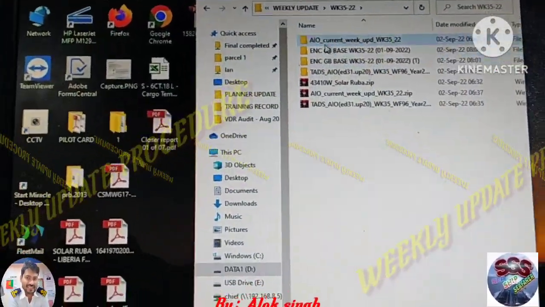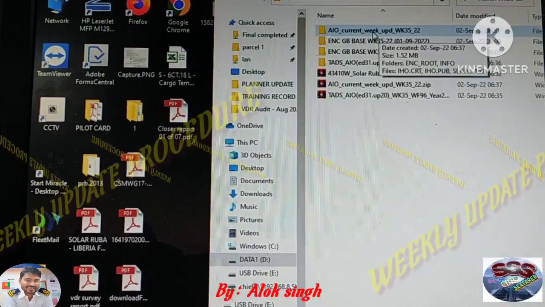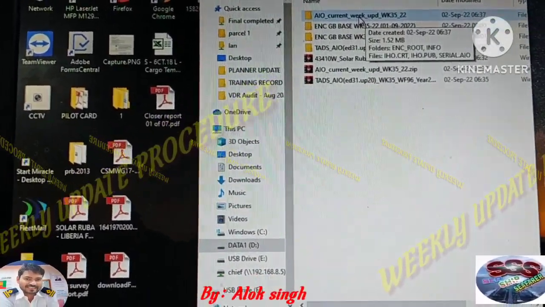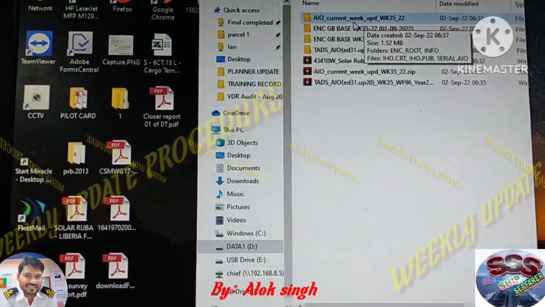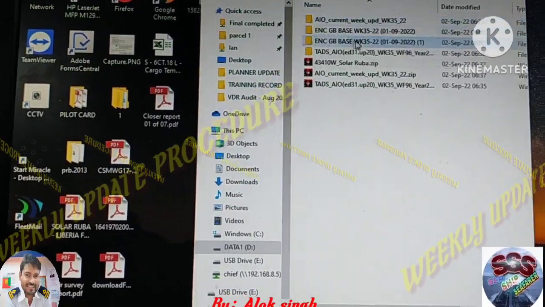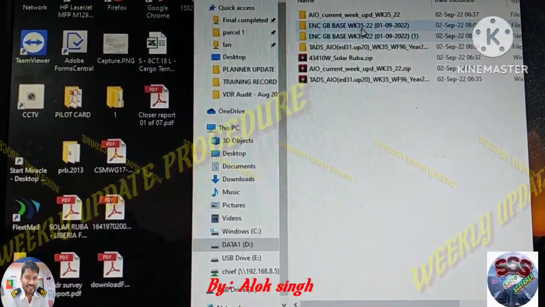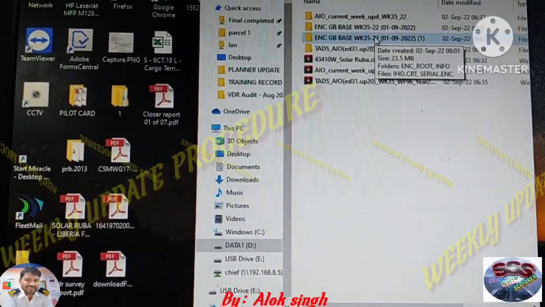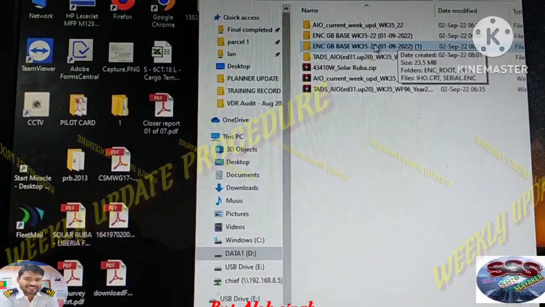So you'll see this AIO current week. This will be required for your Ecdis update, meaning AIO, your Ecdis, if you have to update for AIO. And this is the ENC. Here we have two files that have been sent. So anyone you can select from here,